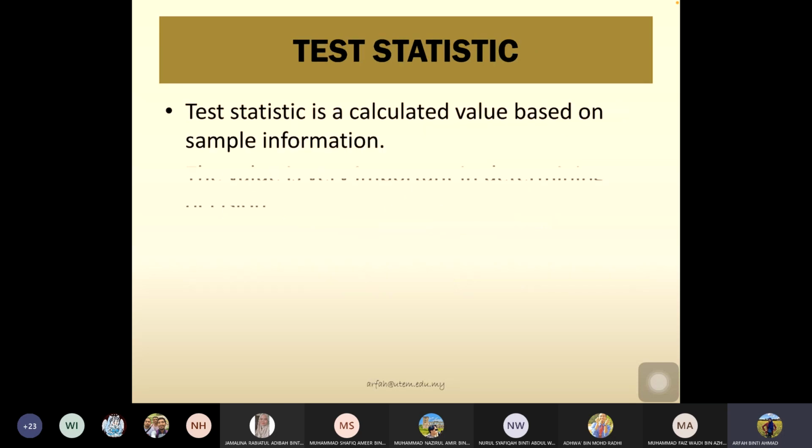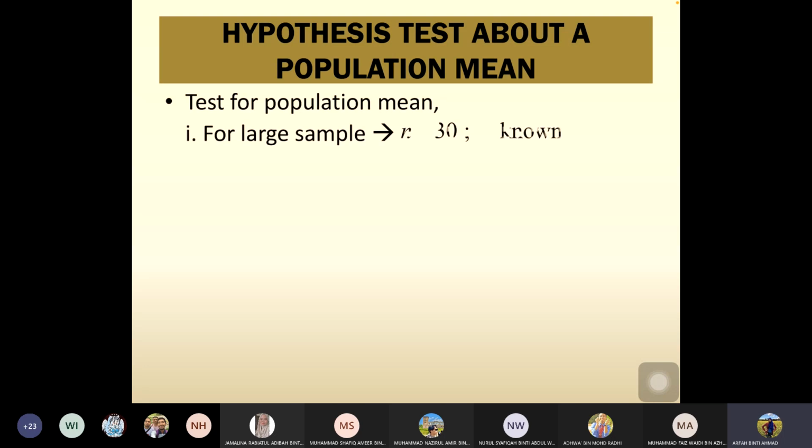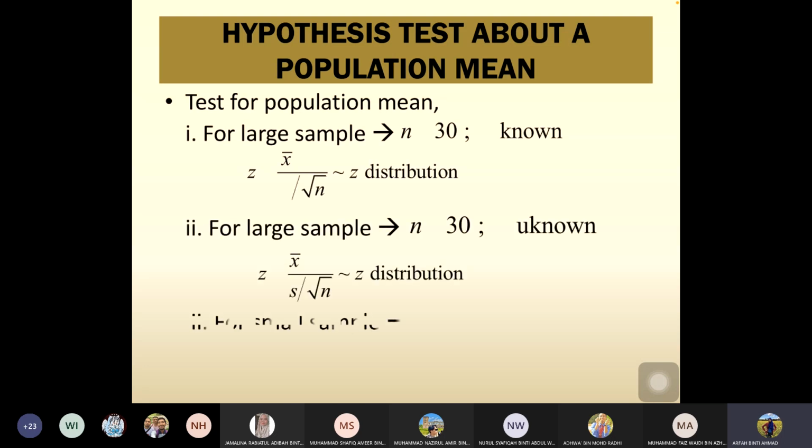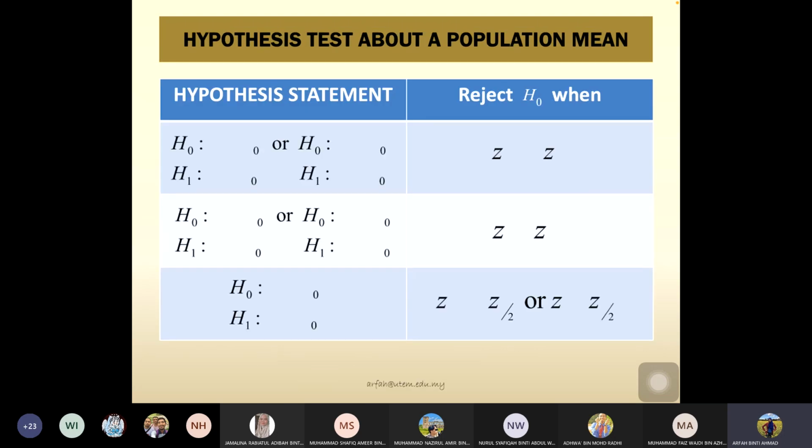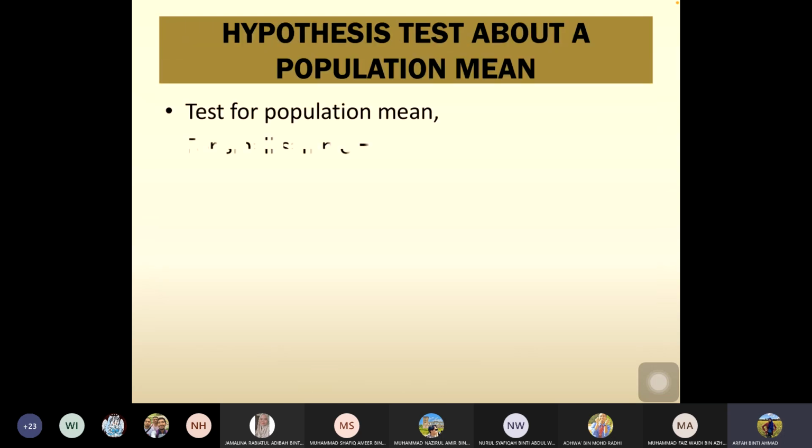Then kita ada test statistik that is based on whether you have case 1, case 2 atau case 3, which all these cases will follow the standard normal distribution, and also the last case small sample with sigma is unknown, it will follow the T distribution table. Okay. So this statement and dekat mana dia punya rejection region,